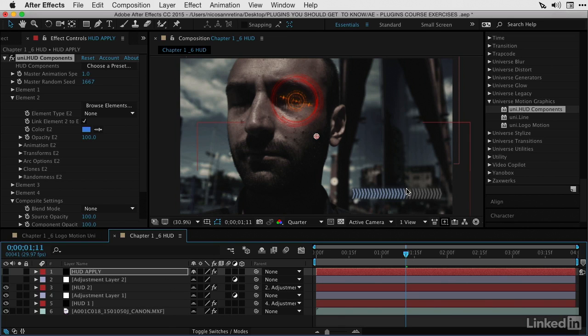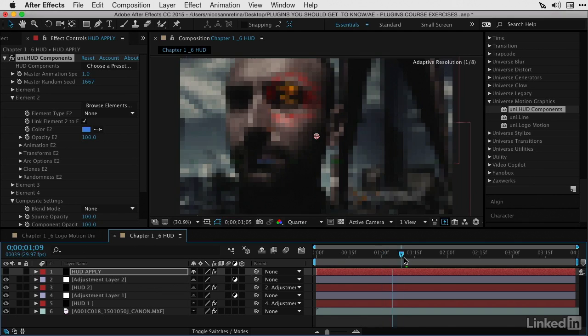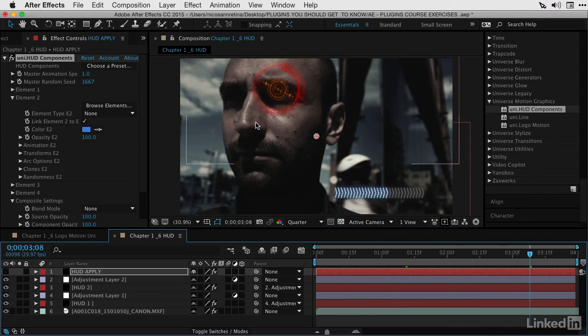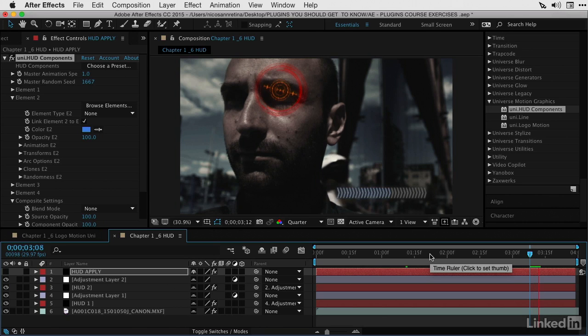So one, I used mask tracking so that we have a little bit of the movement of one of his eyes, and the other is actually tracked to his chin. So you can see there that through some simple mask tracking, I was able to attach the heads-up display components to a character's face. So combine this one Univers effect along with Uni Logo Motion and the other 50 effects